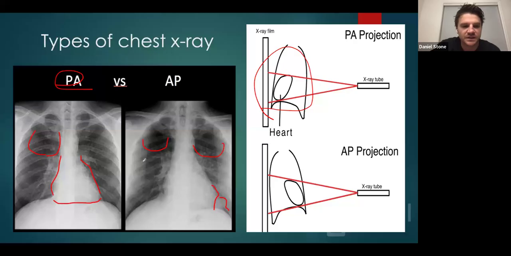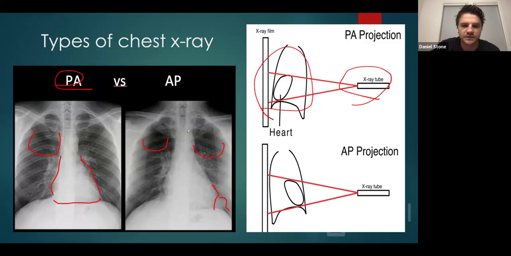And that's just how the radiograph is supposed to be taken. It has a lot more to do with the angle of the x-ray. You can tell that the angle of the x-ray is slightly different between an AP and a PA,